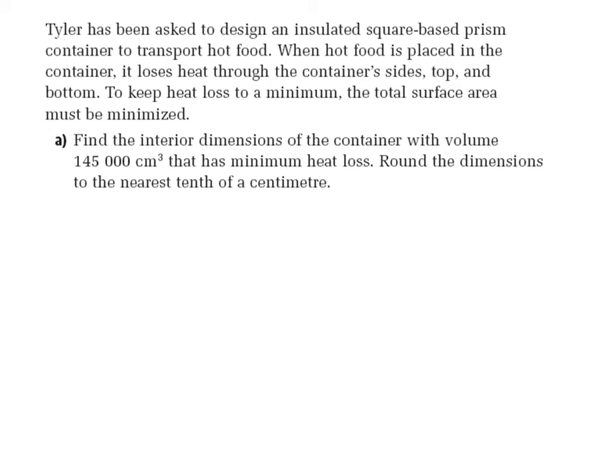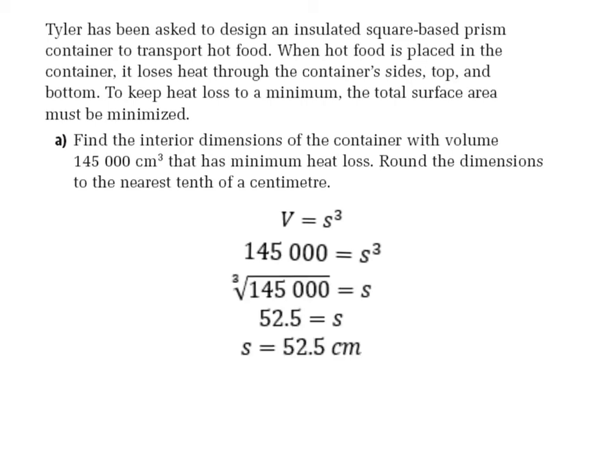The first step is to write the formula for the volume of a cube. The second step is to substitute the given volume. The third step is to cube root both sides of the equation to find the length of the side. After cube rooting both sides of the equation, I can see that the side length is 52.5 centimeters. The dimensions, therefore, are going to be 52.5 times 52.5